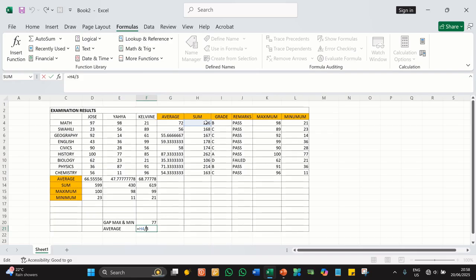We have 3 students, so if we divide by 3, we get 72. So this is how we can use these basic formulas in a Microsoft Excel sheet. I think you have gained some knowledge on how you can use these basic